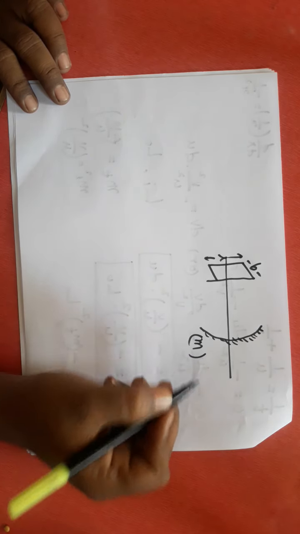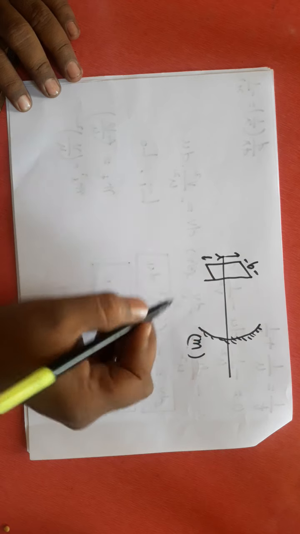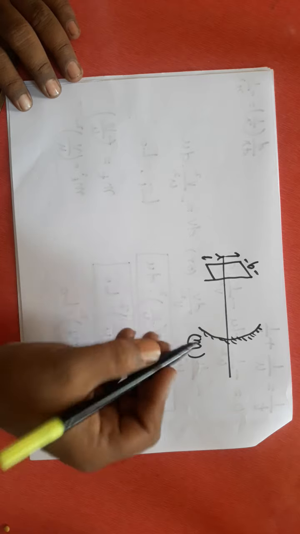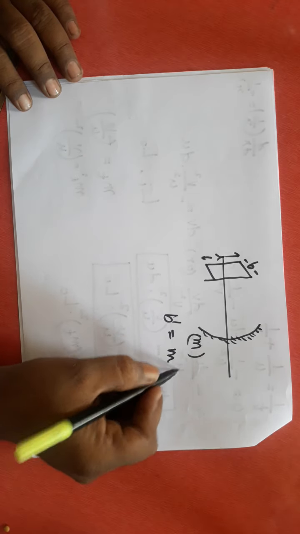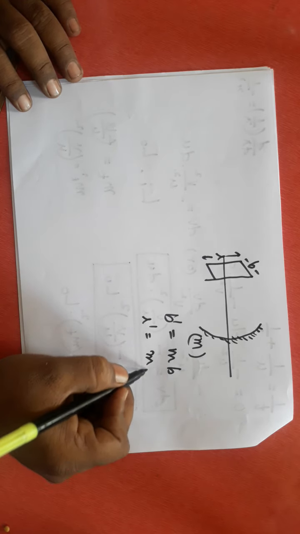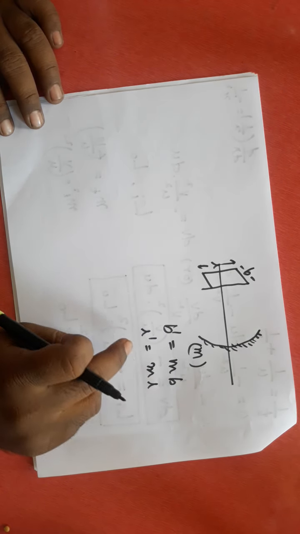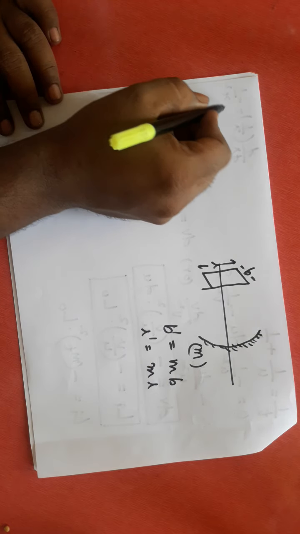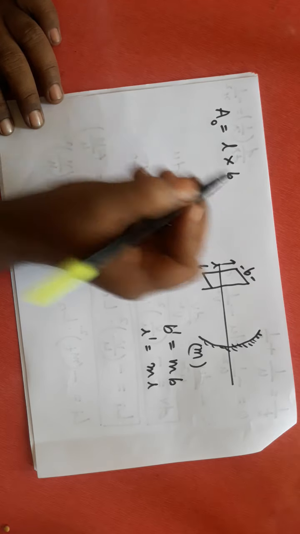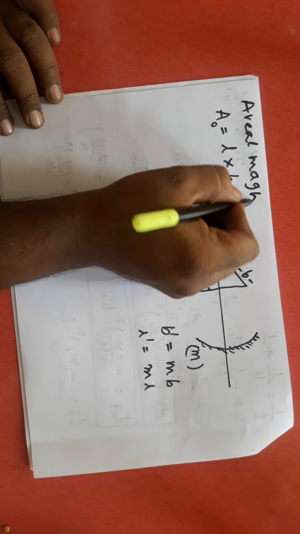If m is the magnification of this mirror, after formation of the image, the breadth of the image will be m times the breadth of the object, and the length of the image will be m times the length of the object. That means length increases by m times, and breadth also increases by m times. Then what about area? Area of the object is L into B. This I am calculating as areal magnification.